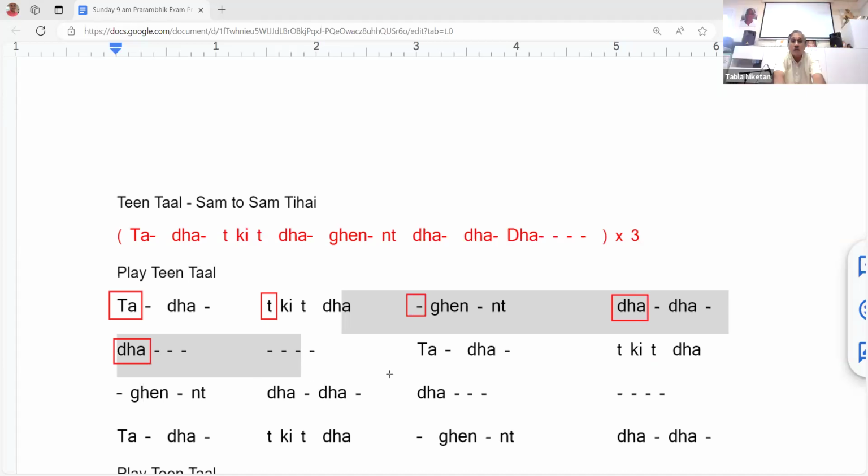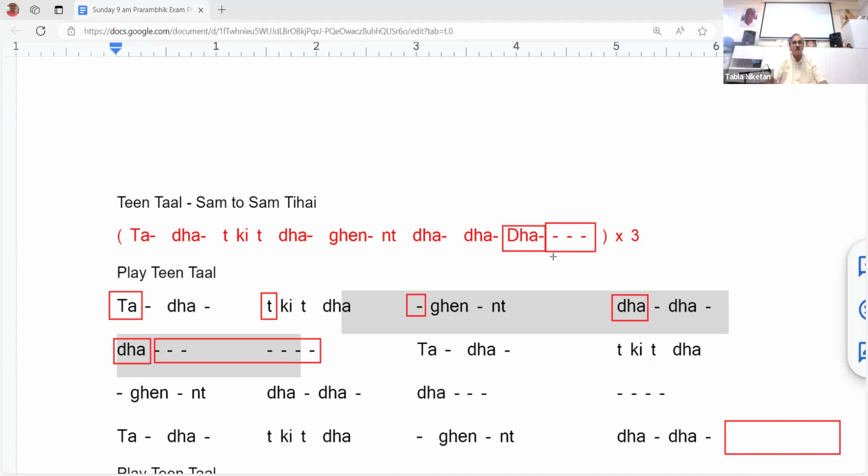No. The third time you will not be saying that 1, 2, 3, 1, 2, 3, 4. That will not be there the third time. So dha, a, dha. That's it. No 1, 2, 3, 1, 2, 3, 4 the third time. Okay? So other than that, your lay was perfect and everything was good. Try one more time. Don't add 1, 2, 3, 1, 2, 3 for the last time. So dha a. This dha will be your last dha. This part will not be there in the last cycle. Okay, try again one more time. But all the rest was perfect. Your lay was rock solid.